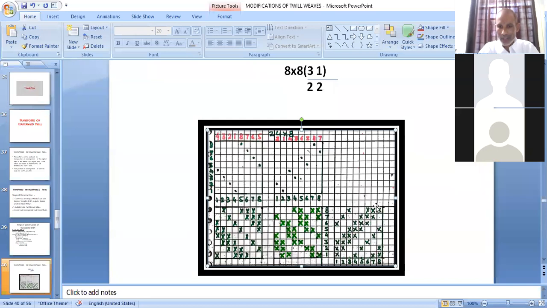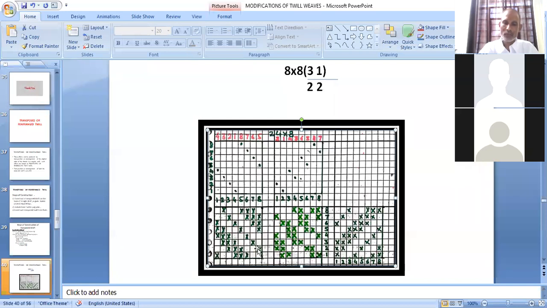You can make a diagonal line and then add 2 marks. So it becomes 3 up, then two blanks, then 1 up and then 2 down. So this is the interlacing of the first thread. Again, the same for the second thread, third thread, but they are advancing by 1 in the vertical direction. So either by using the endwise method, pickwise method, or diagonal method, you can construct 3 up, 2 down, 1 up, 2 down twill in place of the lifting plan.